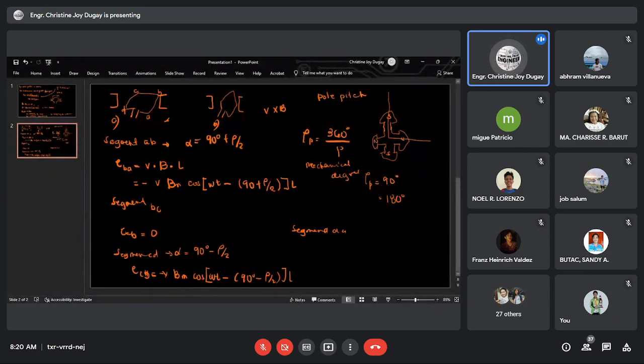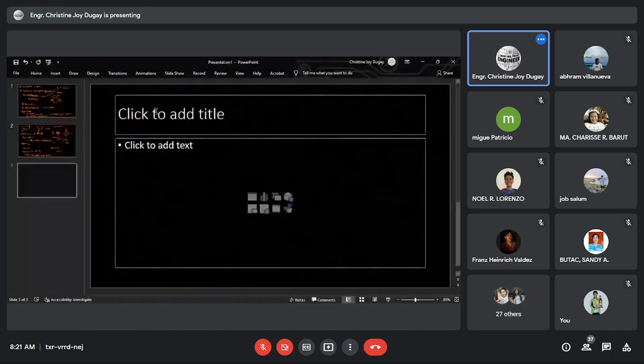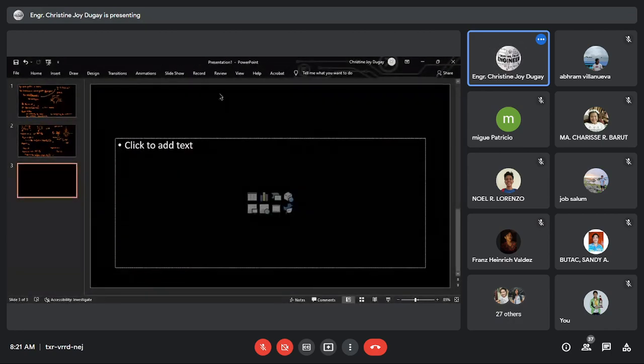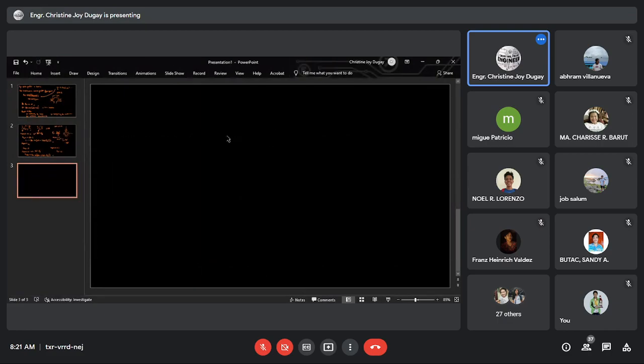So, going back to segment DA, since it is perpendicular, it becomes 0 again. EAD is equal to 0. So the only voltages we actually have are EBA and CB. If we copy it, that is EBA, which is negative of V